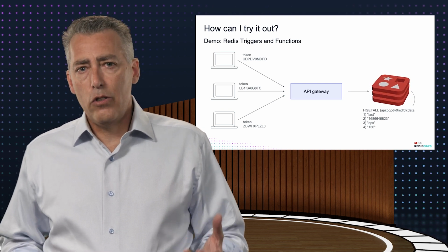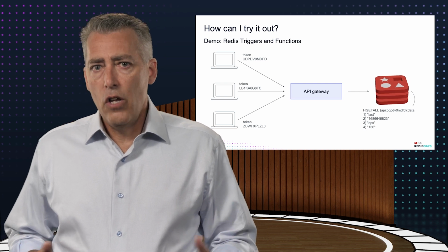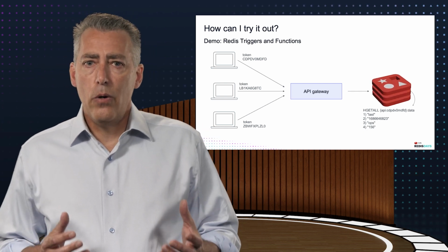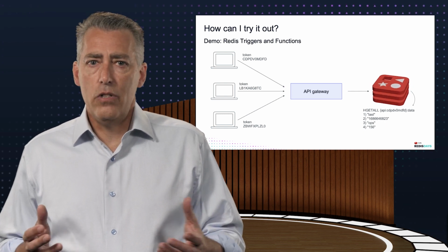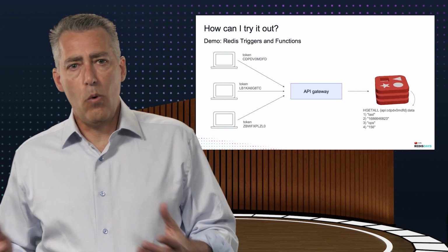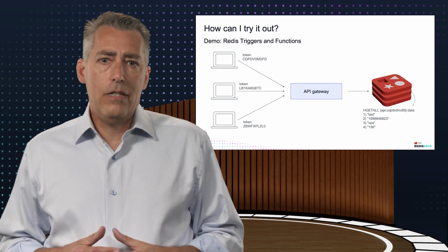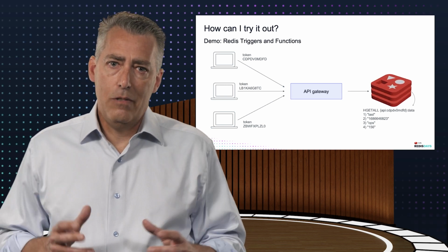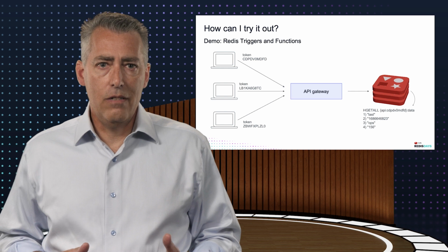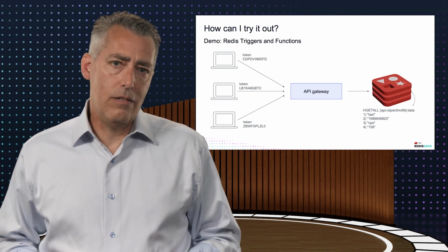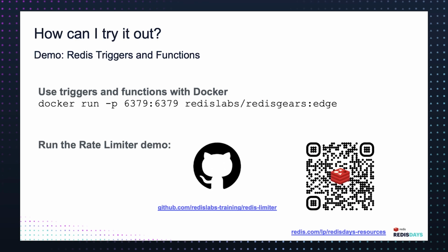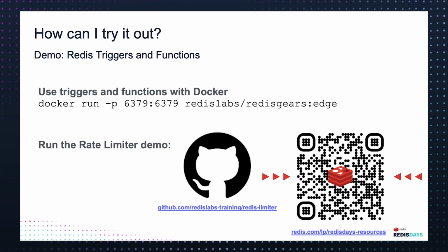Additionally, because Redis also provides support for time series data, storing all the requests in a per token time series, you can easily enable token usage analytics, usage during a time window, averages, and more. Hopefully, these relatively simple examples provide you with a tiny glimpse into what's possible with triggers and functions and how you can easily take advantage of Redis in some new and unique ways. We're excited to put this into the hands of developers everywhere and see what you can create.